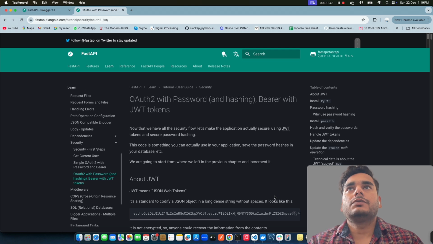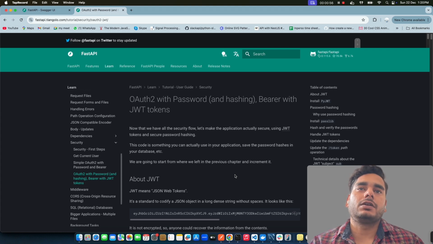Okay, so that kind of feature we're going to be building into this one, and also we're going to be looking at one more kind of middleware which is imported from the Starlette library, which is also included in the advanced middleware of FastAPI. So we're going to be looking into that as well. So let's get started. Let's look at that middleware first, and then we're going to be jumping into this JWT